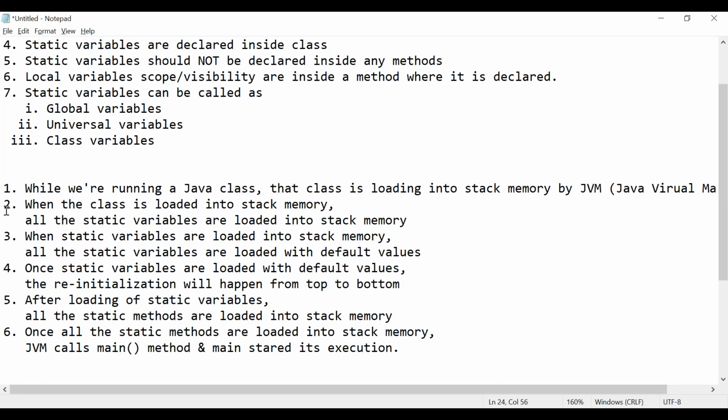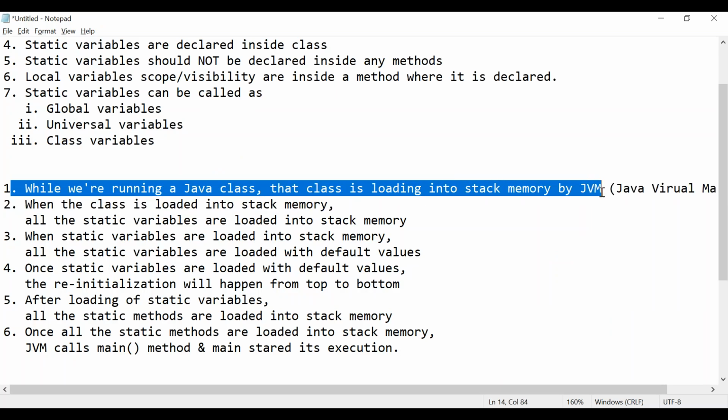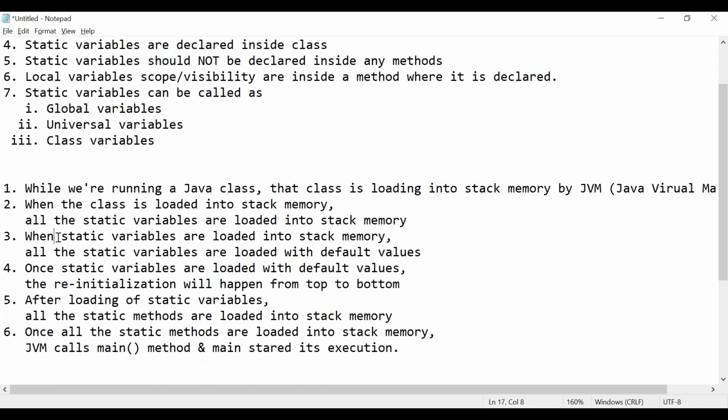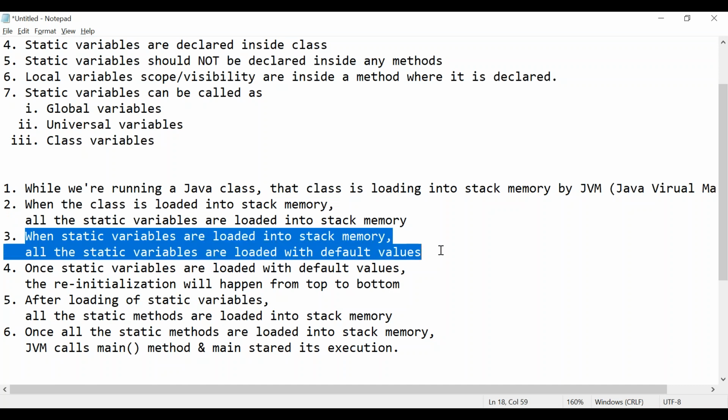The second point: when the class is loaded into stack memory, it will see inside the class how many static variables are there, and it will load all the static variables. Third point: it will load all the static variables with default values.